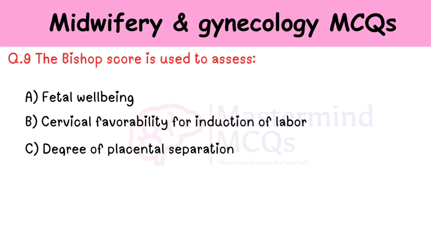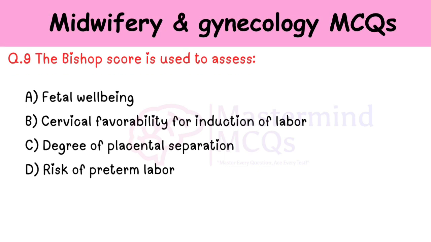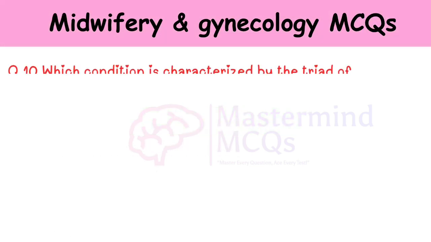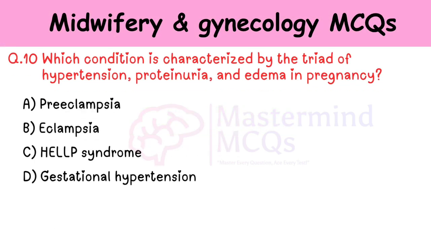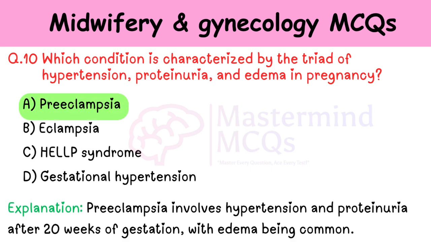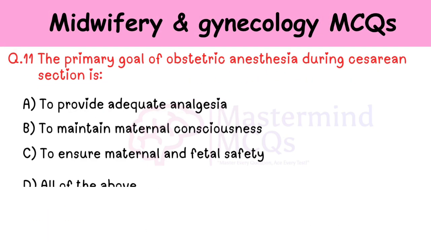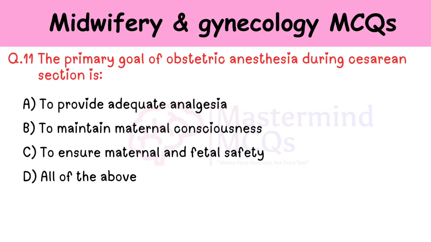The Bishop score is used to assess B. Cervical favorability for induction of labor. Which condition is characterized by the triad of hypertension, proteinuria, and edema in pregnancy? A. Preeclampsia. The primary goal of obstetric anesthesia during cesarean section is